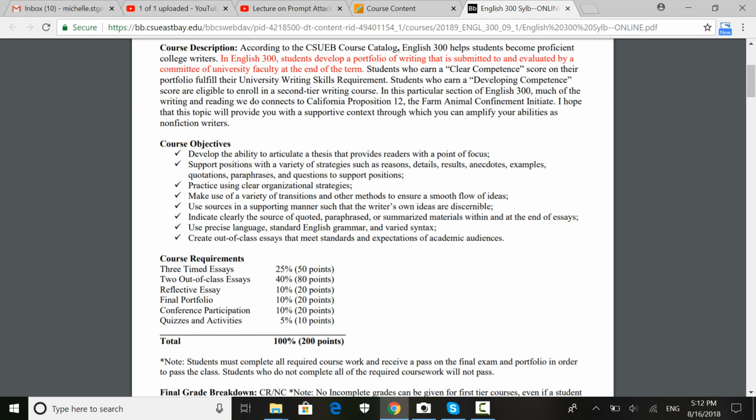But just know very few students earn that LC or score of 6. And if you're really doing your due diligence during this course, you shouldn't earn that score. Okay. A little piece of information that's interesting, our English 300 course does have an overarching theme, and that theme